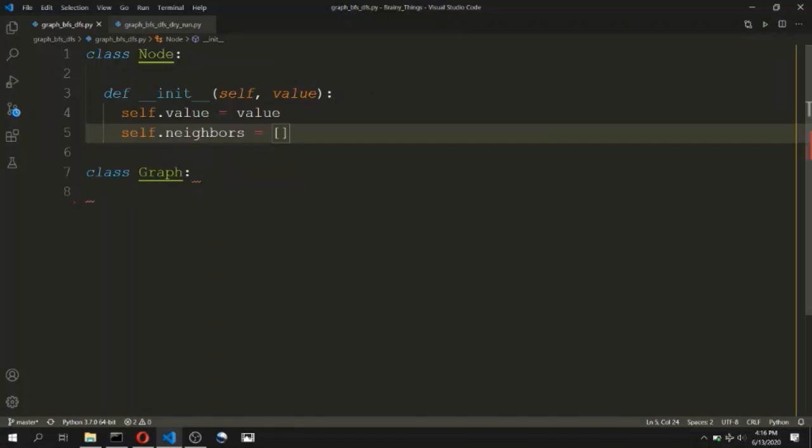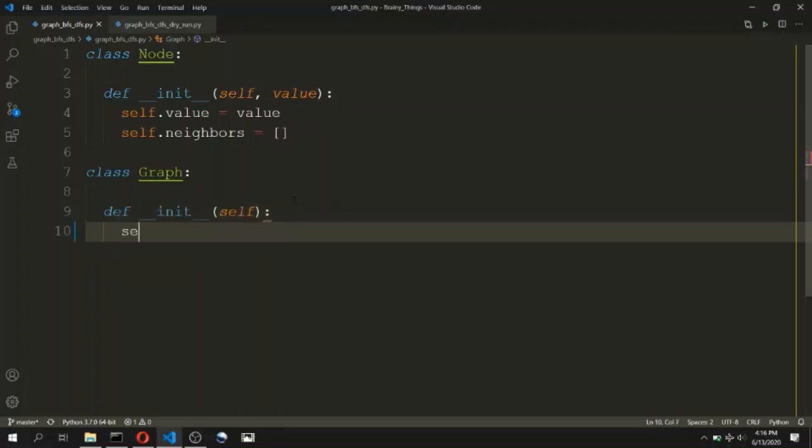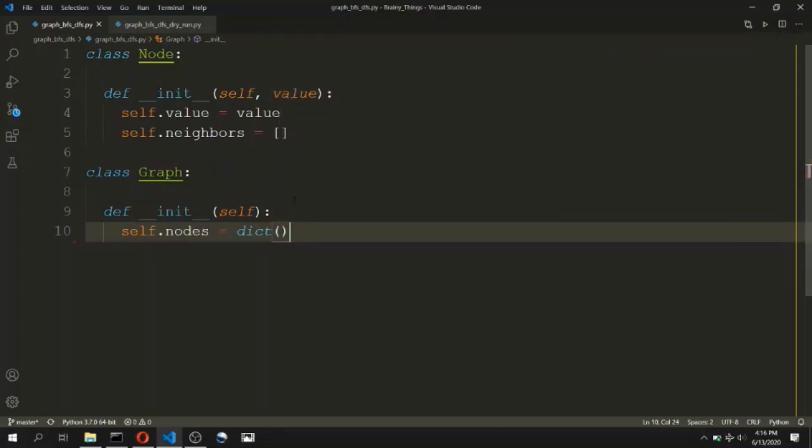Now let's define the constructor of the graph class. We will initialize an empty dictionary for the nodes of this graph. Self.nodes is an empty dictionary. This dictionary will be a mapping from the integer identifier to the actual node object.